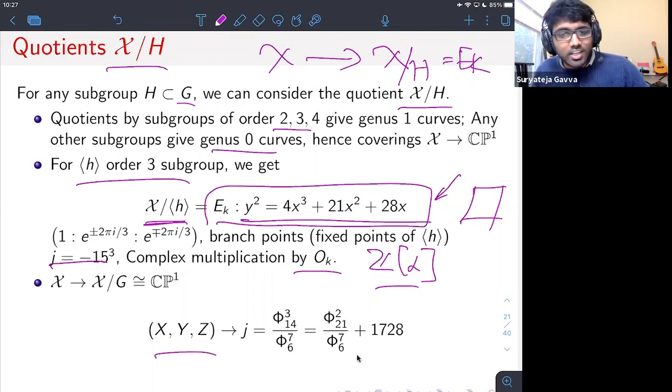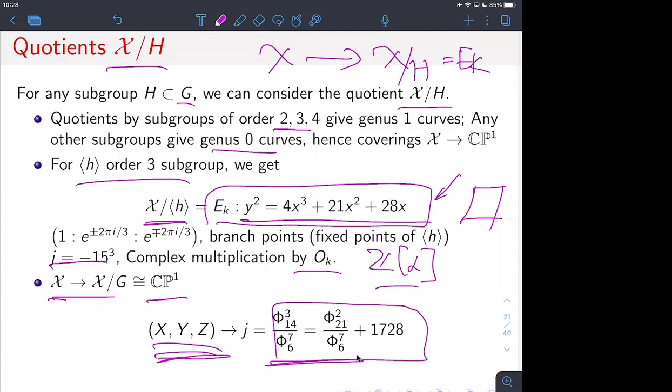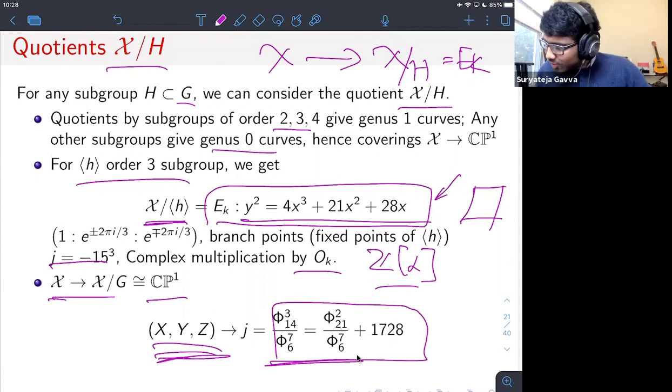Okay, so that's a quotient by an order 3 subgroup. But you can also quotient by the entire group. For instance, if you quotient by the entire set of symmetries, you get just a genus 0 curve, and the explicit map between chi and the quotient is just: you take the points x, y, z, and you compute these polynomials. That's a Bailey map. Oh yeah, that's a Bailey map actually. Yeah. So we can see that it's